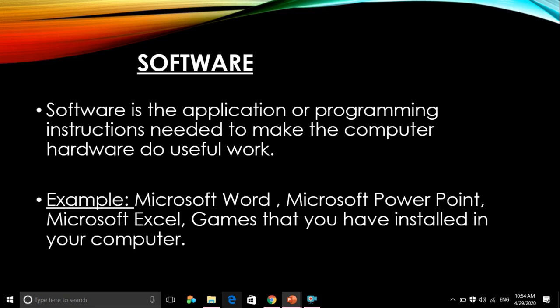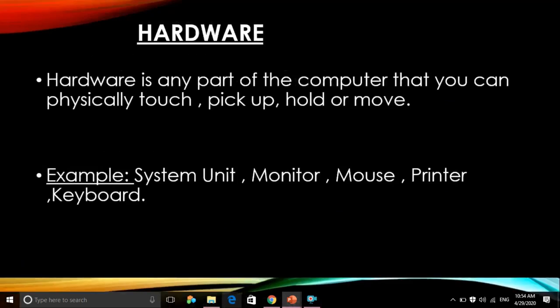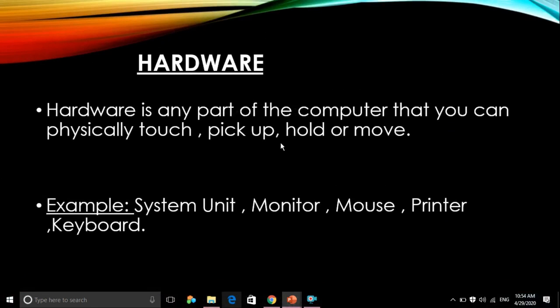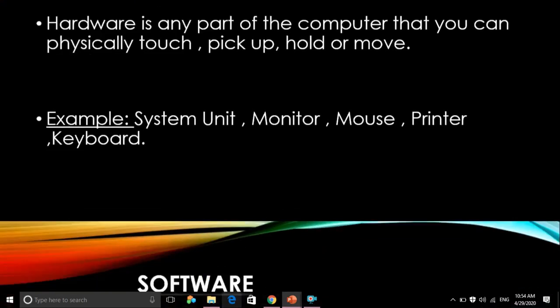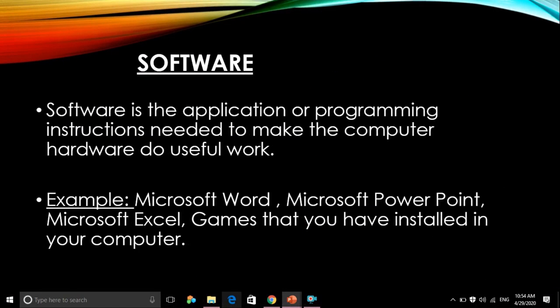Anything inside your computer that you can't touch is called software. It will be programs, okay? But hardware means any physical part of the computer that you can touch, pick up, hold or move, like a monitor, a mouse, a printer, okay? This is the main difference between hardware and software.